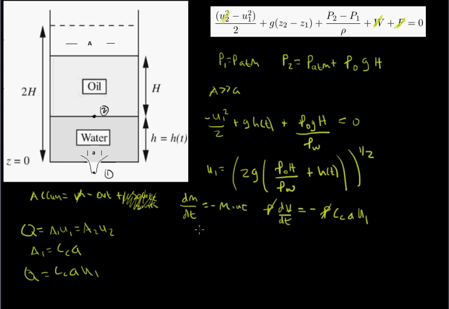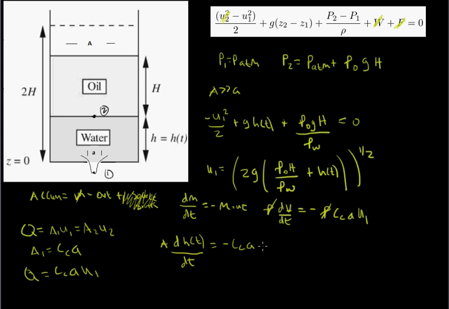The cross-sectional area is not changing, it's constant, so I can pull that out. So I can rewrite this as A times dh of t over dt, which is equal to negative CC lowercase a,